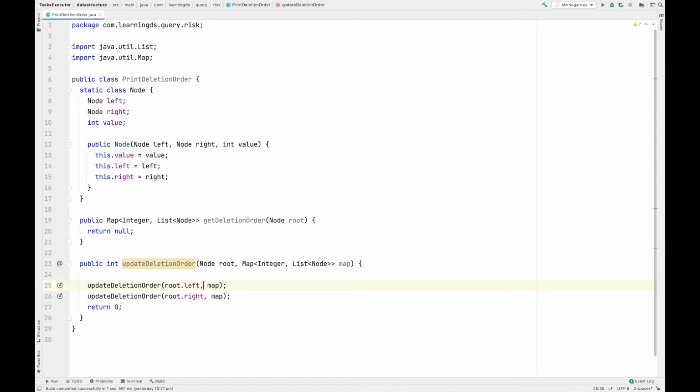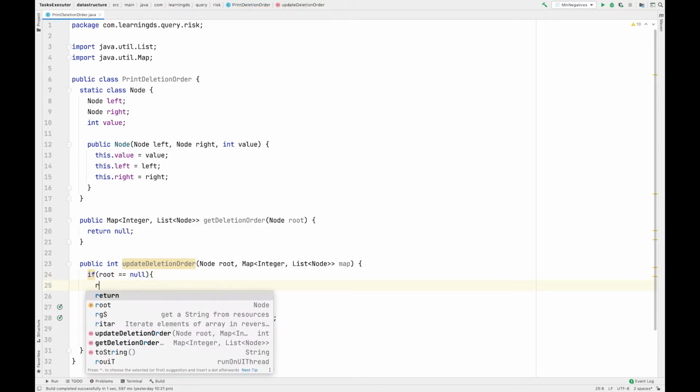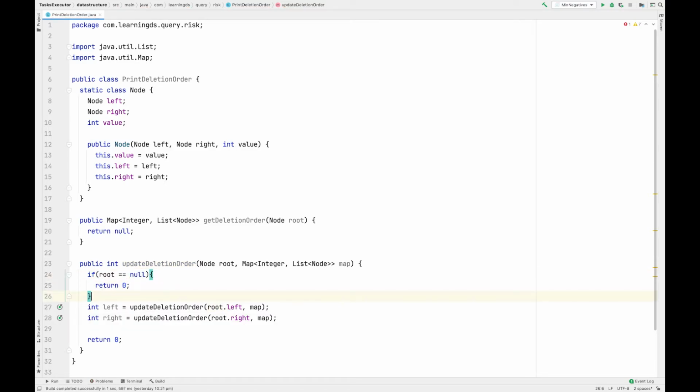It will give me some left value, and it will return me some right value, for example. Here I have a base condition. I mean, termination of recursion will happen if my root equal null. So in that case, I'll return 0 for now.